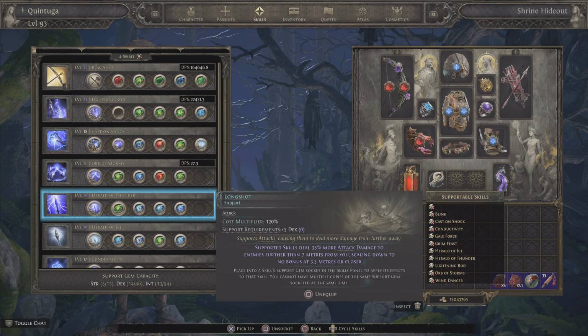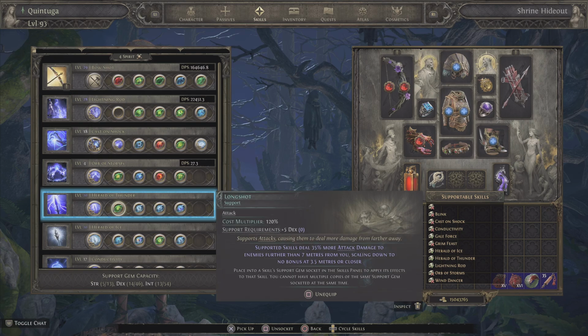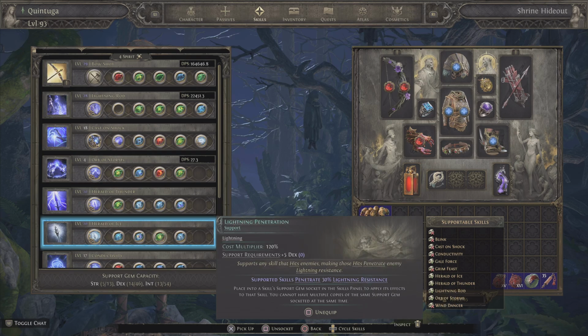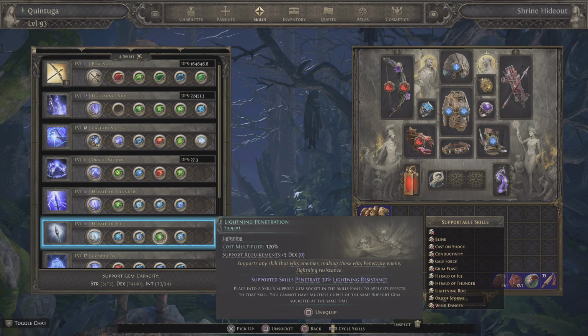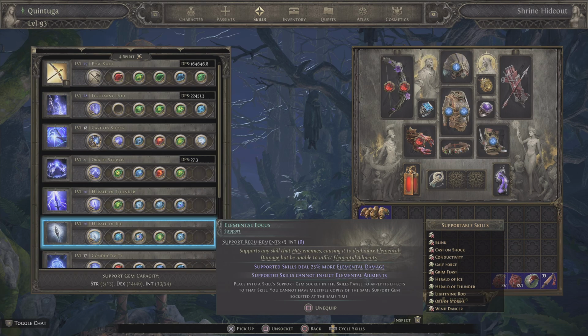Herald of Thunder, we've got Longshot, Cold Infusion, Glaciation, and Lightning Mastery. Nothing really changed here. If I do put a 5th one on here, I'll probably put Cold Pen on Herald of Thunder. Herald of Ice, Magnified Effect, Elemental Focus, Lightning Pen, and Cold Mastery. I already have Lightning Pen on here. I don't know what I would put on it as the 5th gem if I had it, but Elemental Focus,